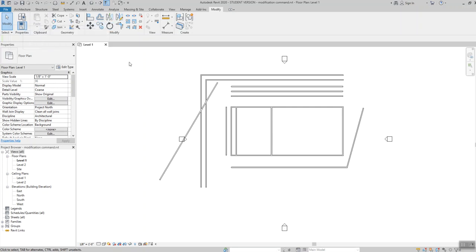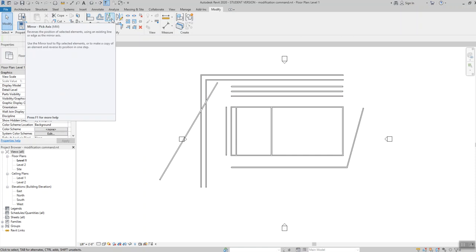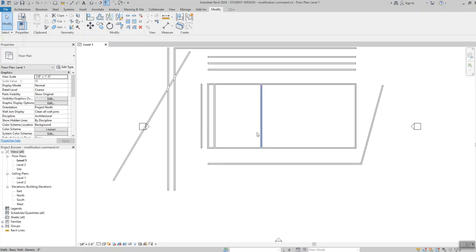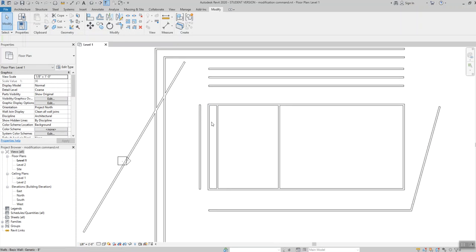Okay. All right. Our next command is going to be mirror. And mirror will allow you to take one object and mirror it about an axis and create a copy of that object. So perfect example of what is shown here in this little video. Okay, I want to take a door and I want to mirror it about a wall to create a second door. In our assignment here, I'm going to take this wall and mirror it about this wall and create another